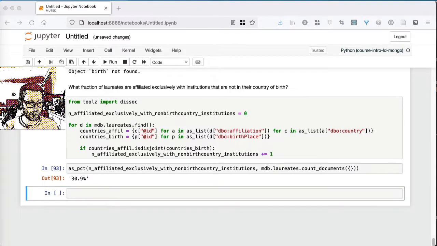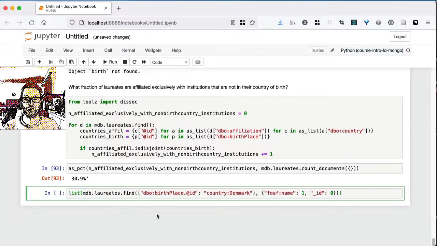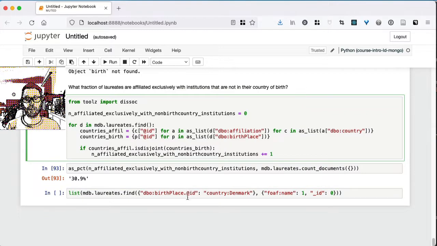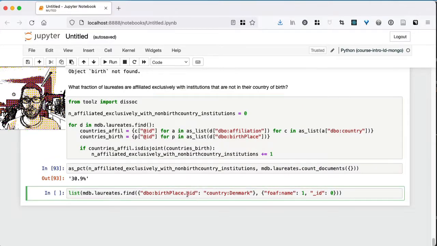Now we'll get a little bit into the MongoDB filter language. For example, what I can do here is I can filter by dbo birthplace, and I can use this dot notation to reach into that subfield of this birthplace subdocument within the document. So birthplace has an ID, but it also has perhaps other things. But we can search specifically where that ID field, where we do this dot separation for Mongo, and again we have our full qualifier here, where that's equal to this country Denmark. And again, we're able to use the @context to not have to specify a full URI here, because we have